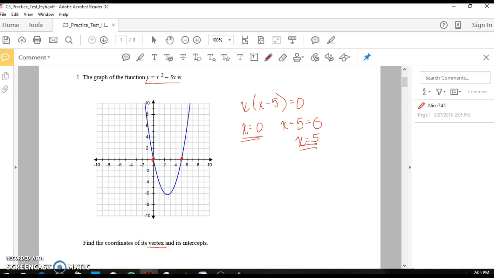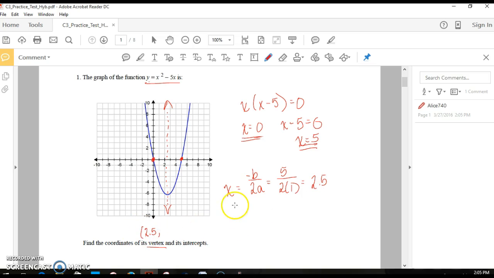To find the vertex, we're going to first locate the axis of symmetry, which looks like it's going through right about here. And then after we find the axis of symmetry, we're going to plug that into our function and get out the other part of our turning point. So the formula for the axis of symmetry is negative b over 2 times a. Here b is negative 5, so negative negative 5 is a positive 5 over 2 times a, and a is 1. And I get out an axis of symmetry of 2.5, so that is the x coordinate